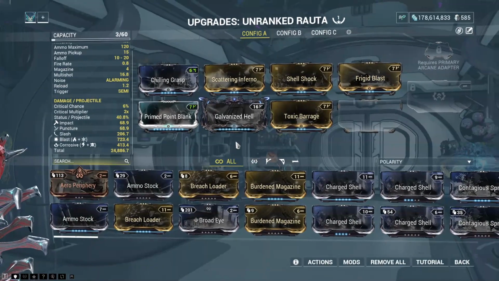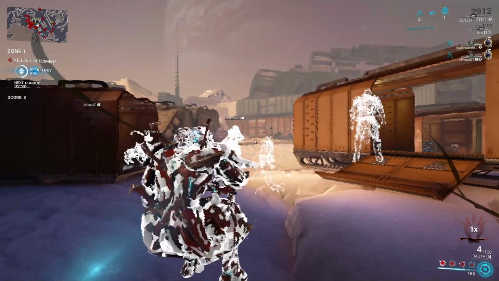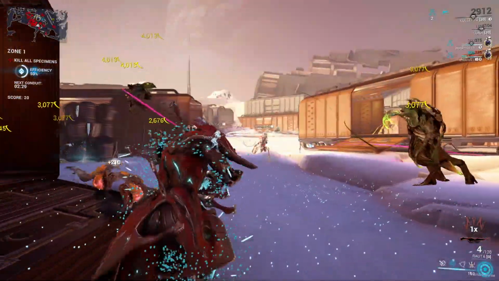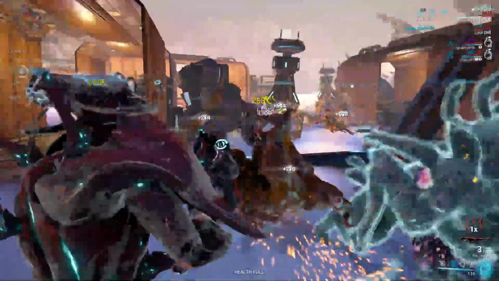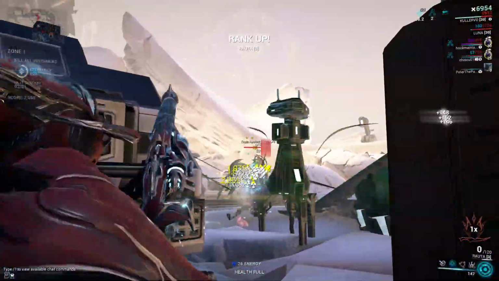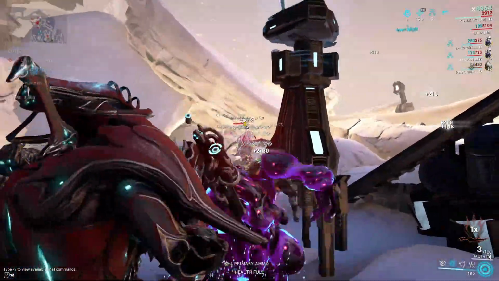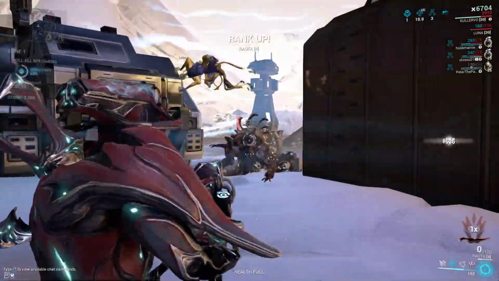I know, before anybody mentions it, I should have got rid of that D polarity. I actually ended up putting Chilling Grasp in there and ended up with an insane amount of damage on this thing. Damn. This was the first time in quite some time in Warframe I've actually picked up a weapon and with the first shot instantly went, oh dear me, this thing's actually pretty good,